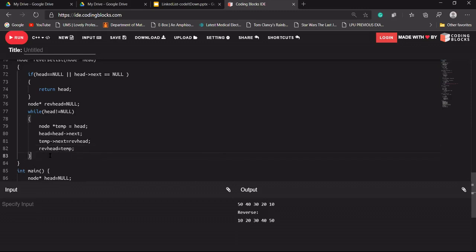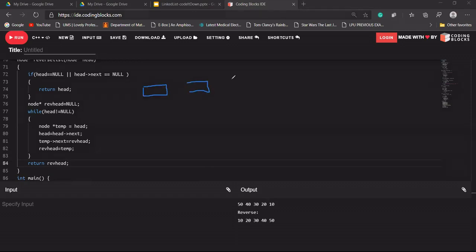So how many of you did not understand this? Don't worry, I'll explain it on the board. So let me explain this code first. Suppose a linked list has been given to us. There are three nodes present in our linked list.